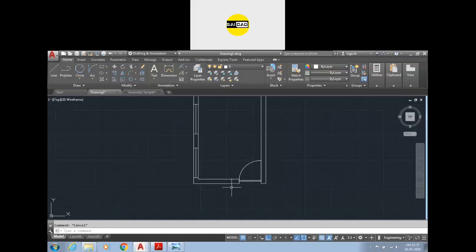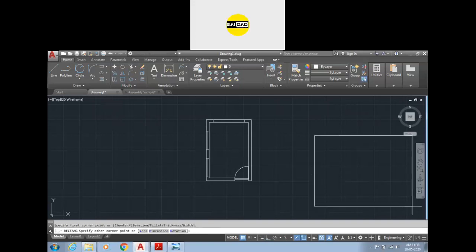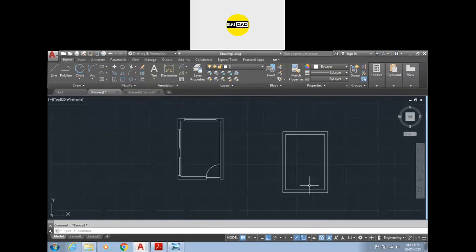Sir, yes, can you explain how you created the rectangle inside the rectangle? Only that step. Which one? The starting steps, sir. You created a rectangle inside a rectangle without using offset, right, sir? I have just used the rectangle command with dimension 10 feet by 15 feet. Okay, this was the rectangle. I have used the offset command with value 9 inches and selected the rectangle and selected the direction outside, not inside, outside. Just click and the rectangle will be created.